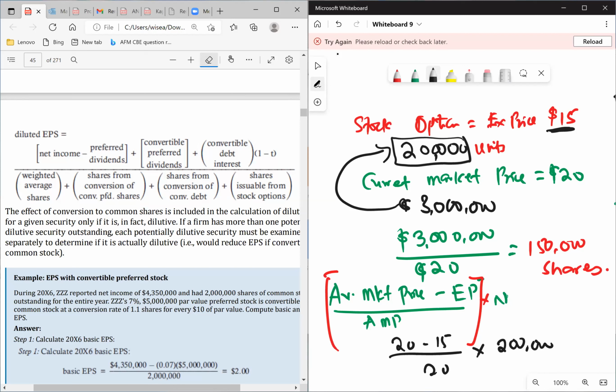Okay. But the questions could come, and whether they'll give you figures, they want you to determine whether the stock or the particular security is dilutive or not dilutive. And then you can just do this simple one. Okay, so then if I may further, this question that we saw,